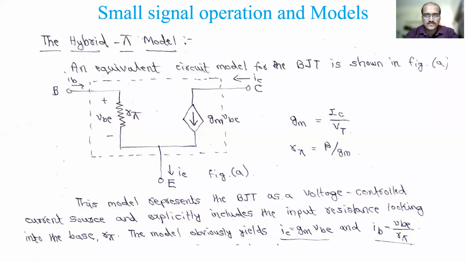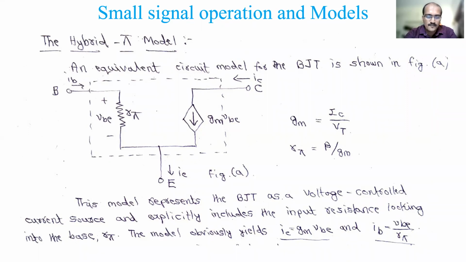Then we took the small signal operation, and last class we saw the voltage gain and problems based on that. We discontinued the discussion at getting the equivalent model. I told you what an equivalent model is. It is the same as in a circuit: if a dependent source, voltage source, resistor, inductor, or capacitor is there, you can easily apply the network laws and network theorems to get its analysis.